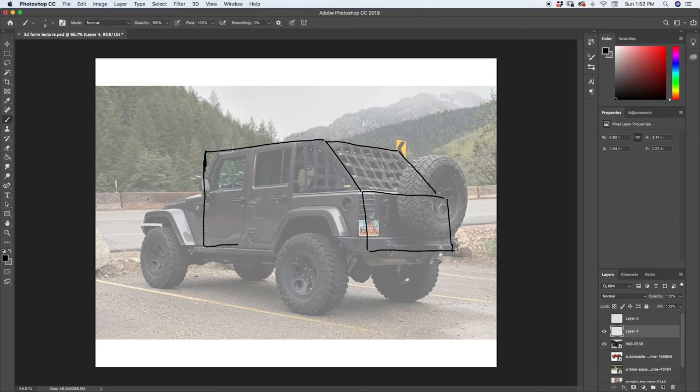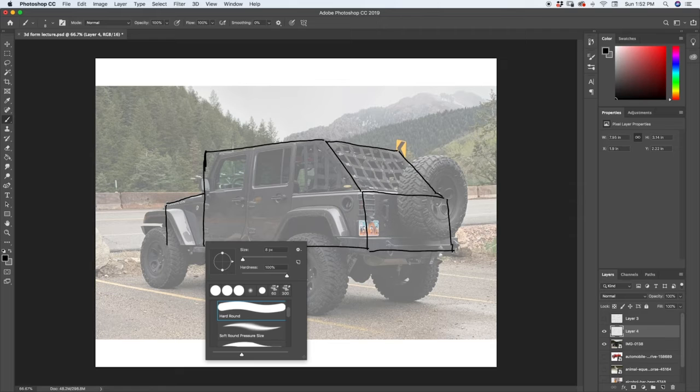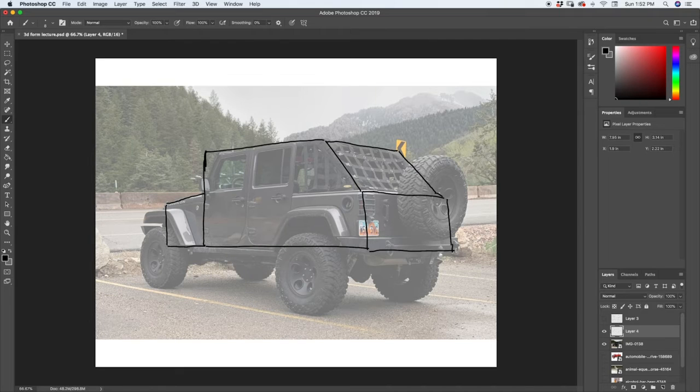So we'll draw through here, the front comes down. Connects right there. All right, let's do these